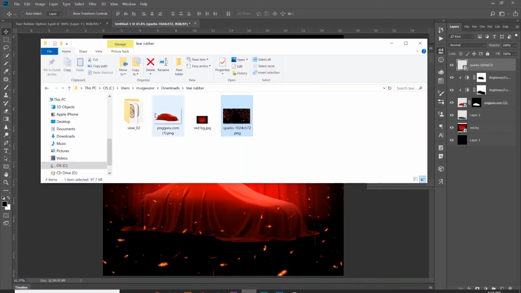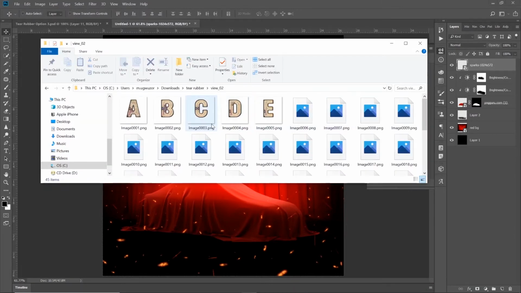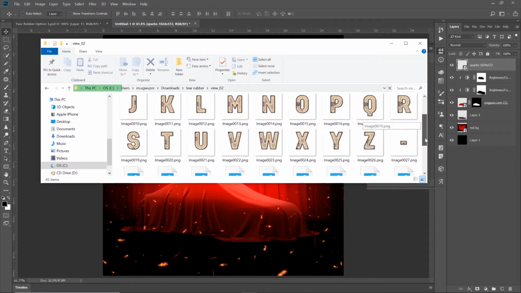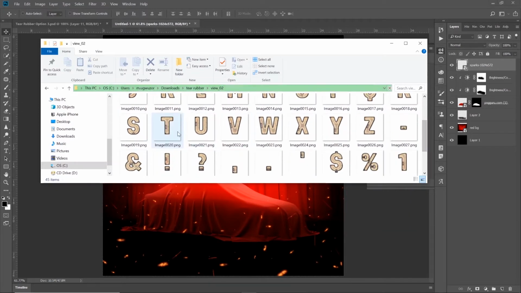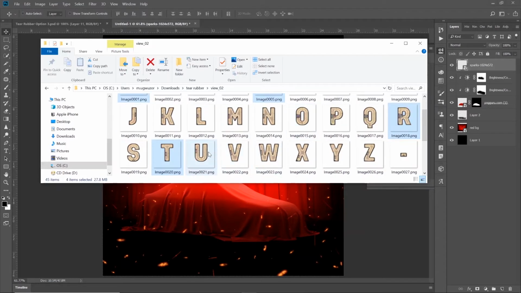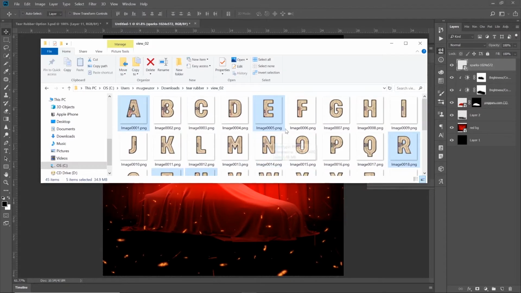The next major thing we need to add in now is the text. So you have these pre-rendered text in your file folder. What I'm going for is